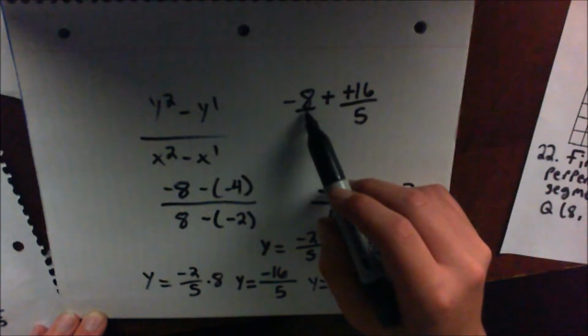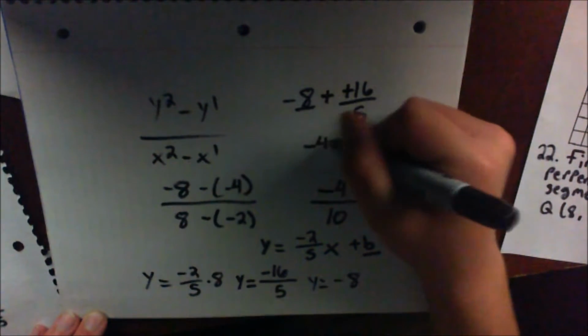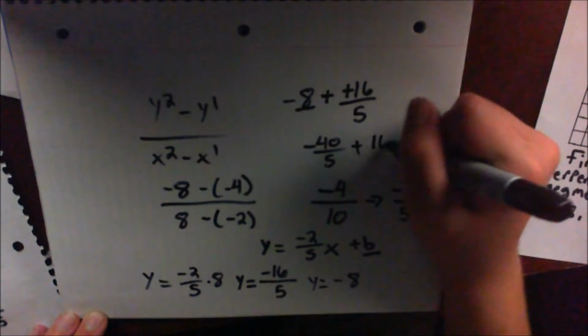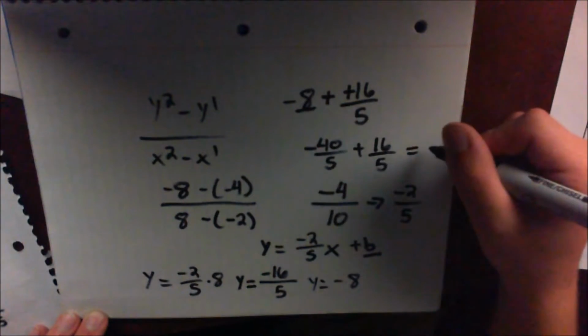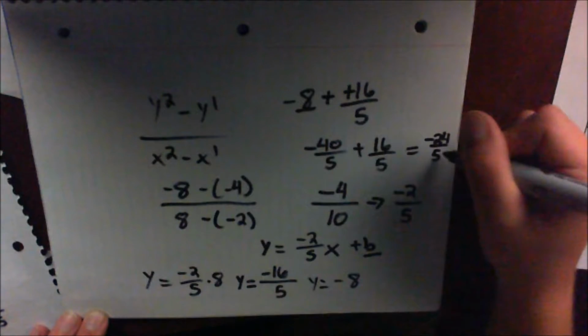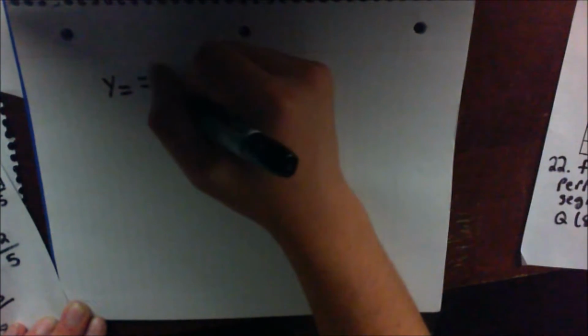Let's give this a common denominator. So instead we have -40/5 plus 16/5 equals -24/5. This is our b value. Now we have the full equation of the line on which the segment we are given is on. And that is y equals -2/5 x